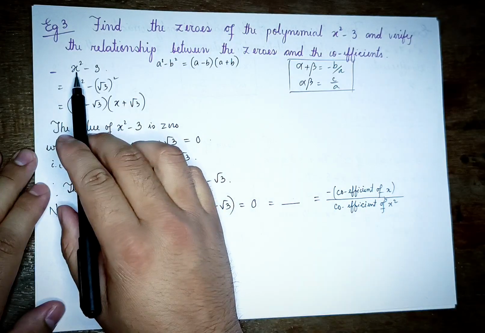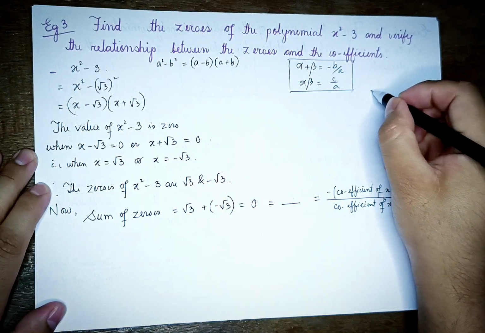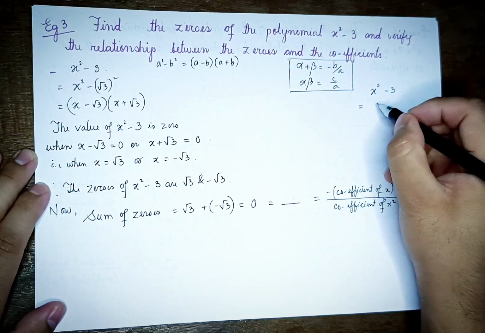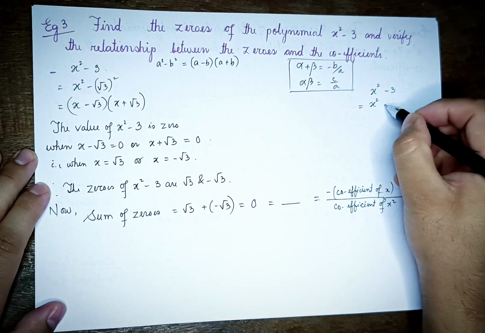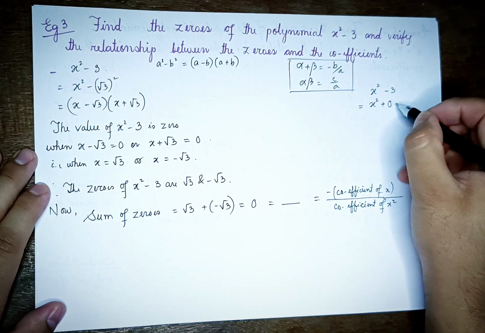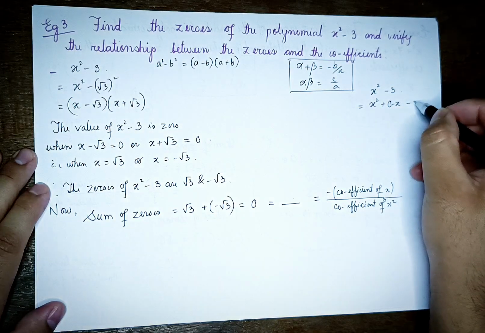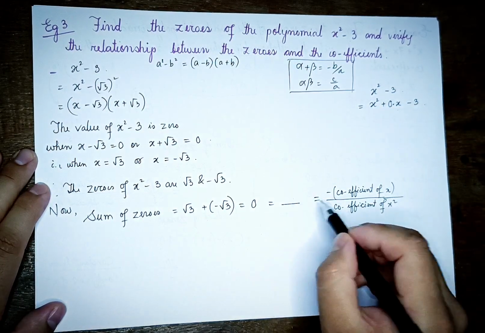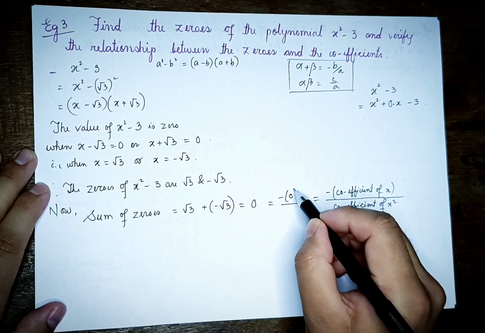Here we can write this x square minus 3 in quadratic form. Here it can be written as x square plus 0 into x minus 3. Here the coefficient of x is 0, so we can write this as minus of 0